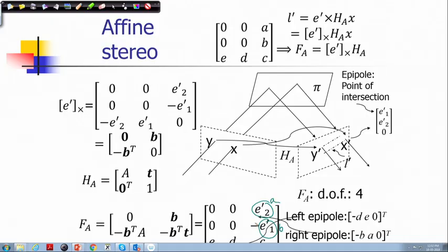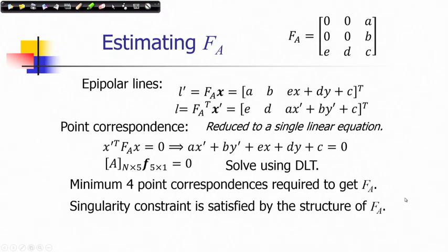So, we will have, I mean this value rather is B and this value is A. So, we will have minus B, A, 0. So, this is the representation, right. And similarly, the right epipole is minus D, E, 0, this is the representation. So, these are the two things for estimating this